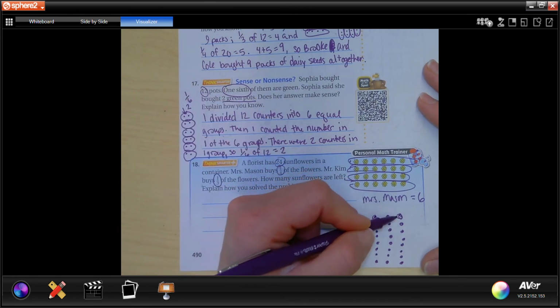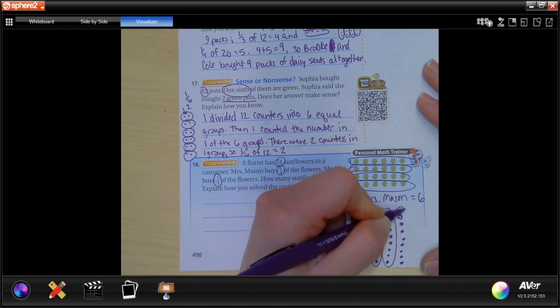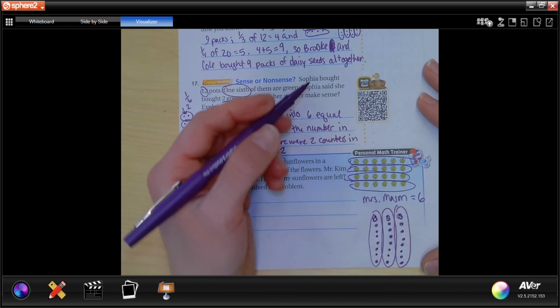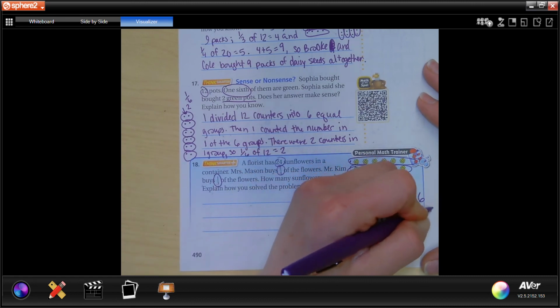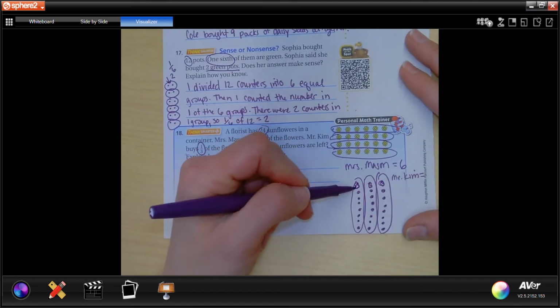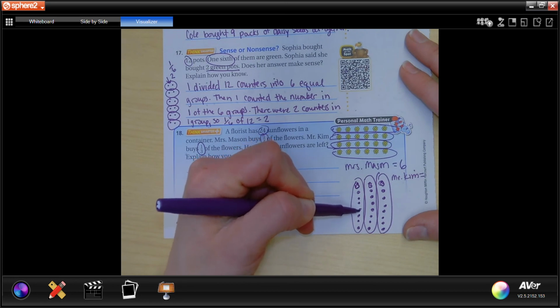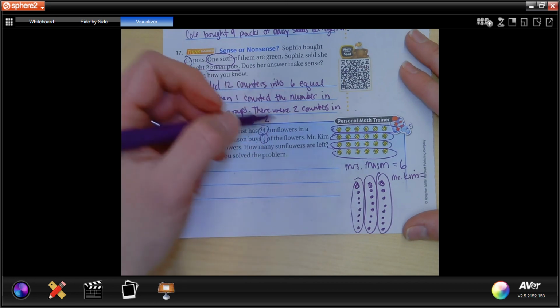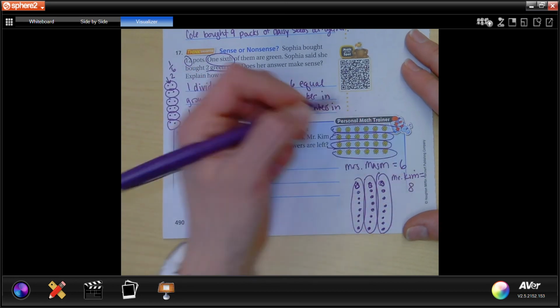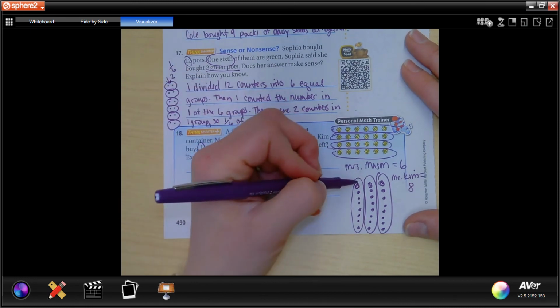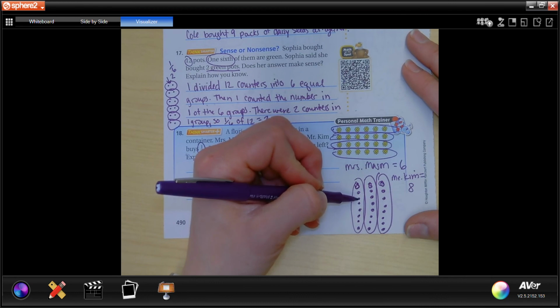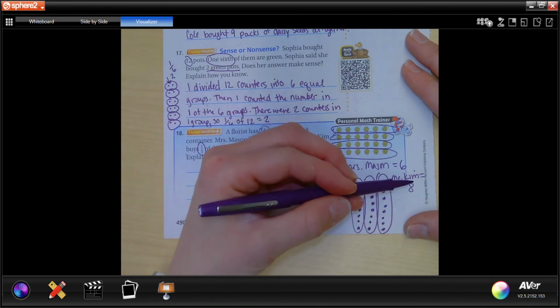So 1, 2, 3. How many does Mr. Kim have? Mr. Kim has 1, 2, 3, 4, 5, 6, 7, 8. He has 8 because we knew that he bought 1/3, so one of the 3 equal groups out of the 24, so that's 8. So 6 plus 8